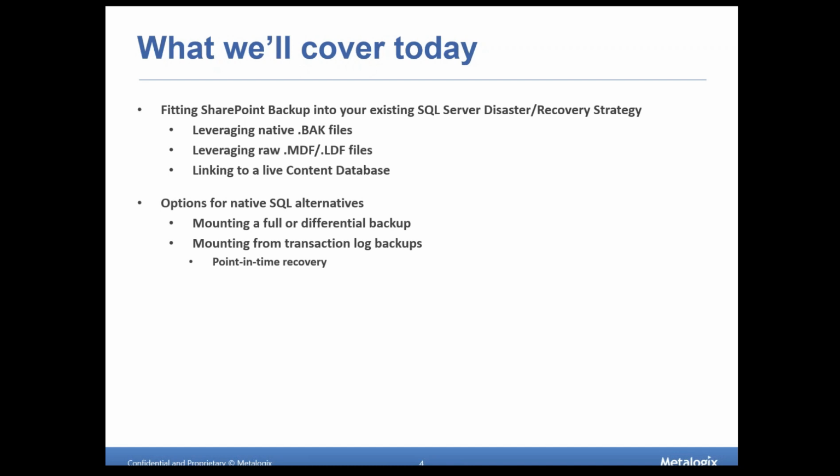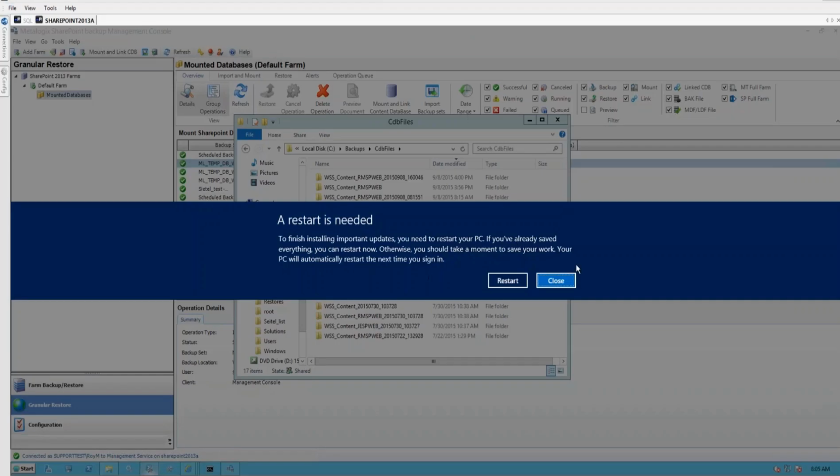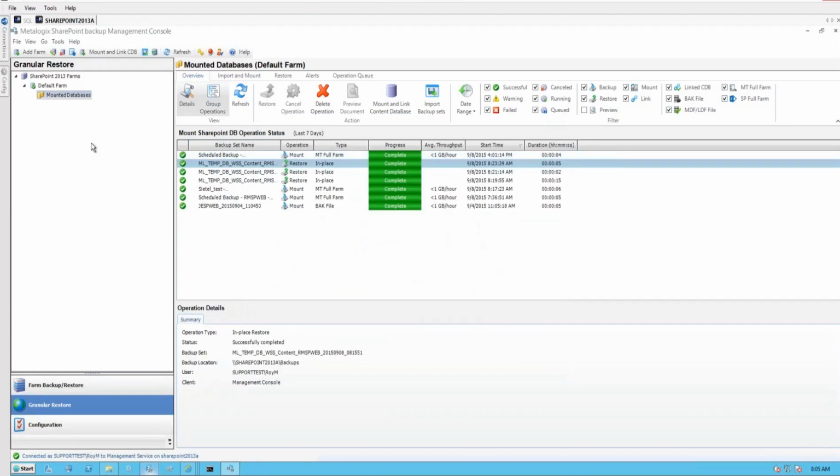So without further ado, let me go ahead and remove that. Let's go ahead and close that. I don't want to restart. But as we can see here, we have SharePoint Backup. I'm going to leave the tool up, but let's just have a quick talk about